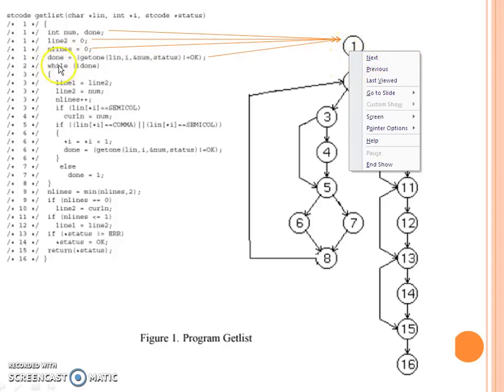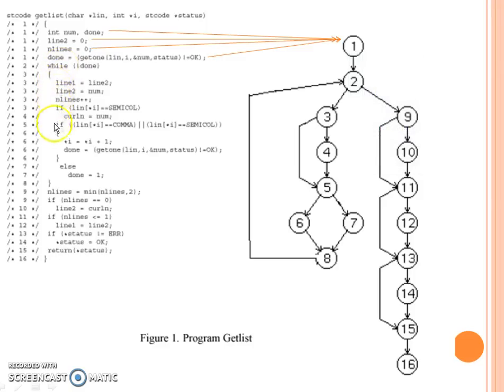Next, when the while starts, the while condition, if it is true, it will fall through here. If it is false, it will exit and come out here in this particular line number 9. So this is exactly what happens. This node number 2 is the decision making block or the entry block for the while loop. If it is false, it directly falls into node number 9. Otherwise, it enters the loop.